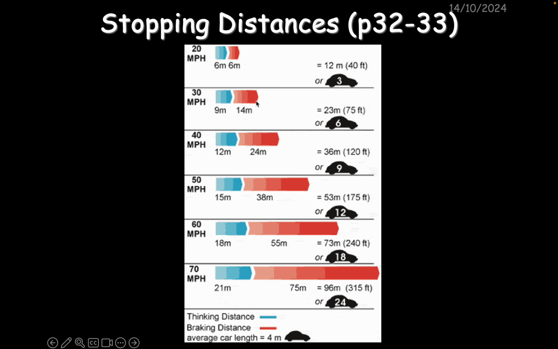You can see if you go from 20 to 40, you've doubled your speed, but the braking distance goes up from 6 to 24, which is 4 times. Let's see that from 30 to 60, it was 14 meters, and 60 meters, again, is approximately 4 times, because